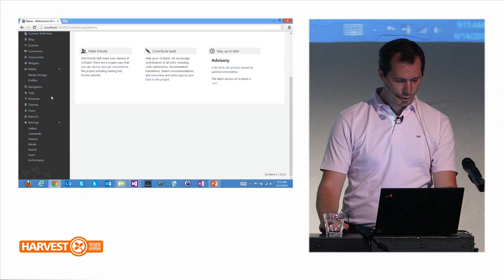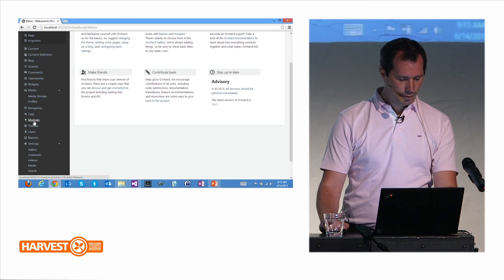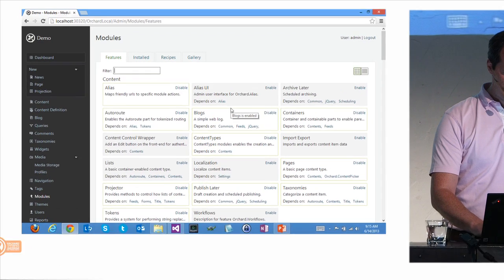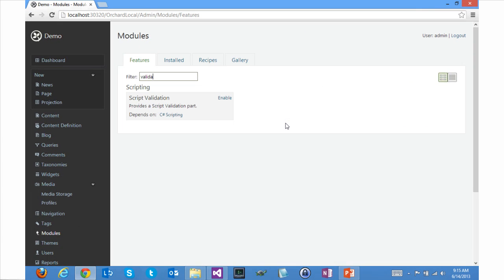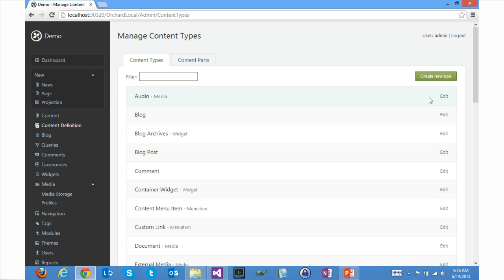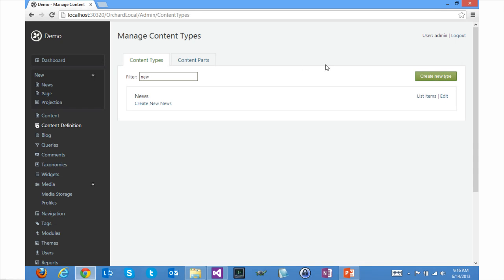Was something I need to show you here. Yes. So there is a new module which is the C# scripting, and with that module there is a validation script feature which adds a C# validation part. So if I go now to my news content type